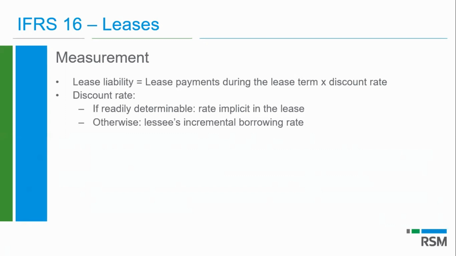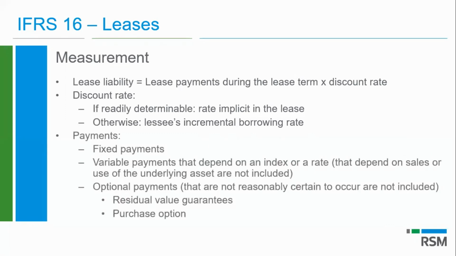Payments could get a little bit complicated. It's not too bad, but it's not just the fixed payments that are stipulated in the lease agreement. So that is the starting point. Most lease agreements would say you're going to pay 10,000 Rand a month for 60 months, with an escalation. That's the starting point.